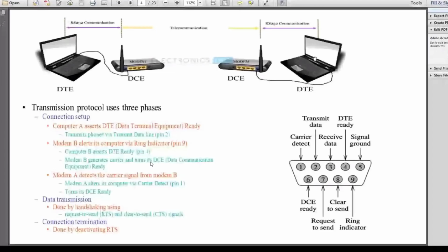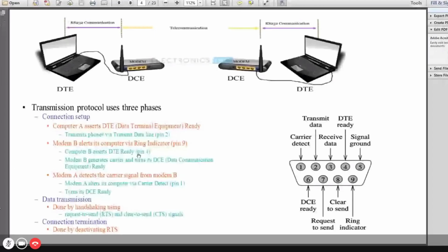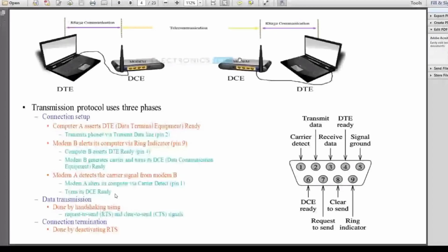Then modem B, on getting the readiness of this computer, will generate one carrier, a particular modulating signal. It generates a carrier signal and turns on its DCE ready signal, and sends the DCE ready signal to this end.